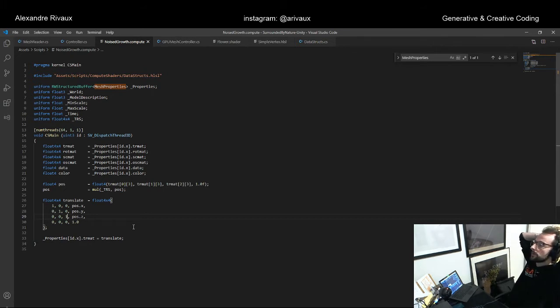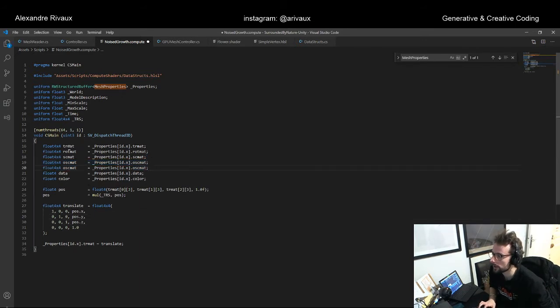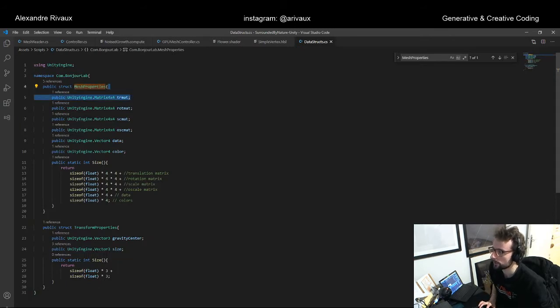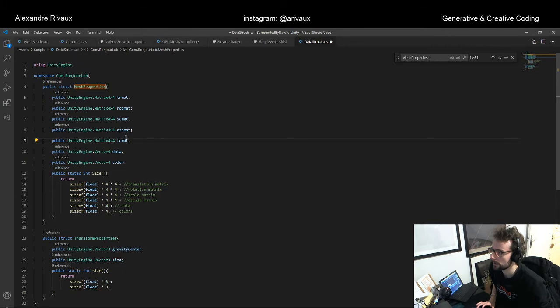I would need to add a new value into this, which would be origin TMAT. Okay. To be sure, origin TMAT. Okay. So this would be that. So right now let's keep everything. This one is not useful right here. So I will need to update my data structure in order to add a new value here, and it would be